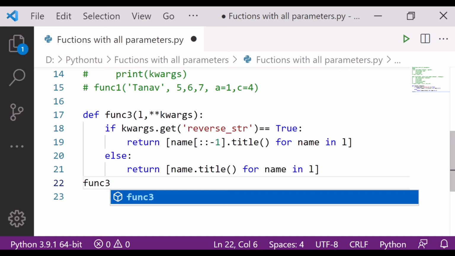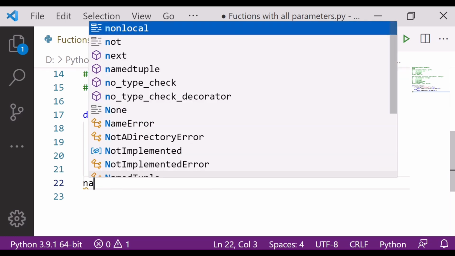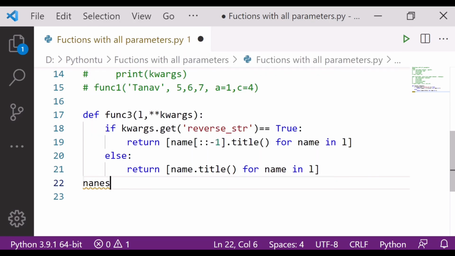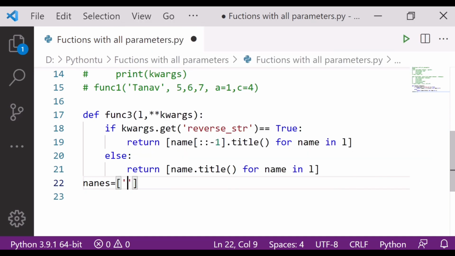I have to give the names also, so names is equal to, suppose I am writing Tanav, and then Tanmay.